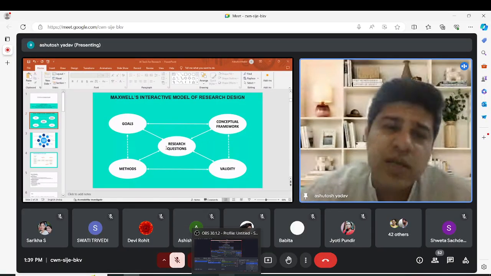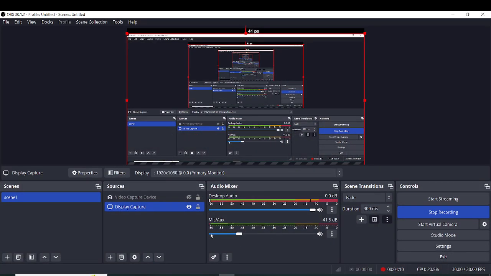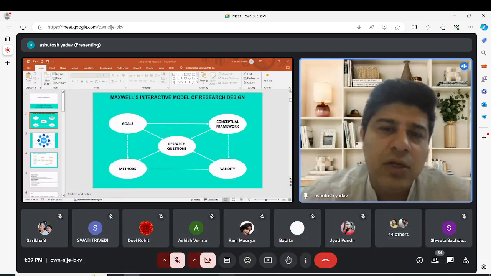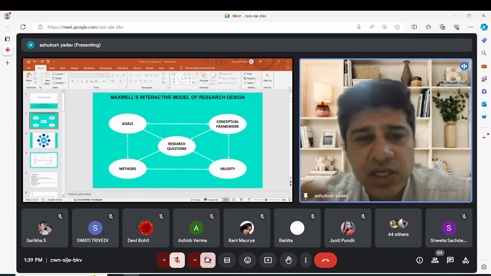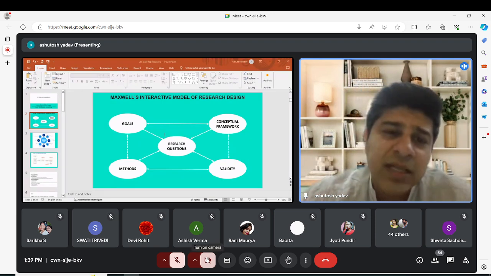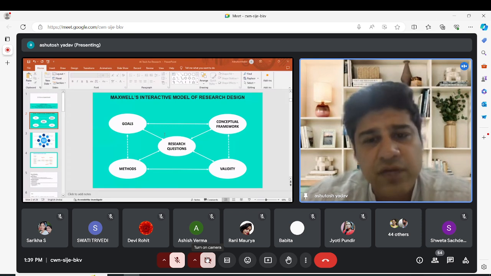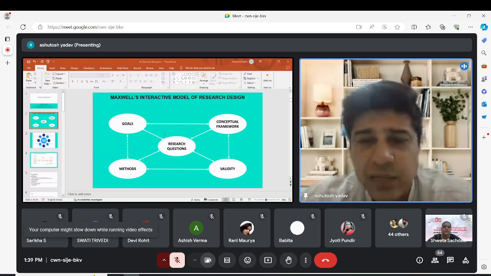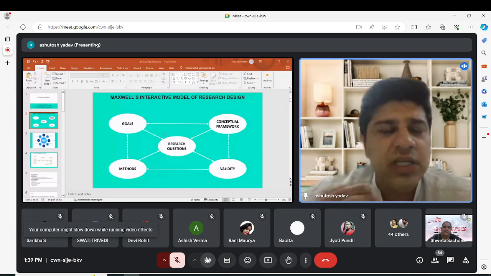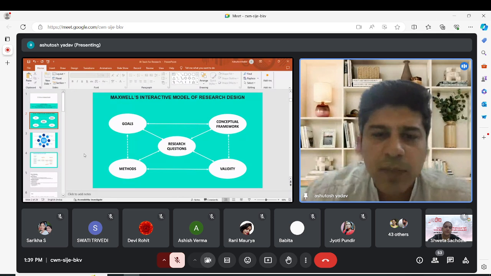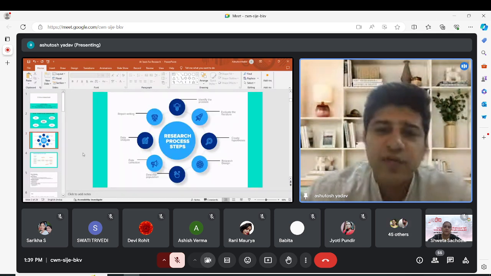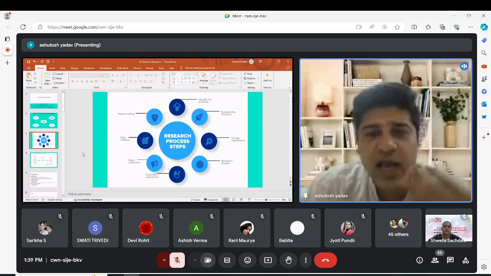new layers of understanding. This model empowers us as researchers to navigate the complexities of our inquiries with a certain degree of agility and insight. It invites us to engage in a continuous cycle of inquiry, reflection, and refinement, which ultimately leads to deeper insights and more robust findings. Now, if we talk about the different steps of the research process, I'm pretty sure that